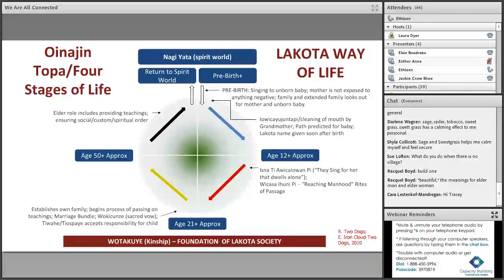And I would like to also address Sue Lofton, the relative there, saying, what if there's no village? I appreciate Raquel's comment about build one, build a village. I think that's our responsibility as relatives. If a child, a person does not have relatives to put these healing ways in place for them, then we as programs or community members have that responsibility to do that.